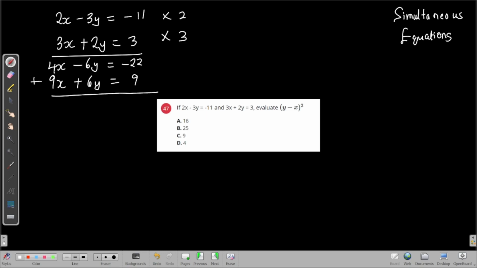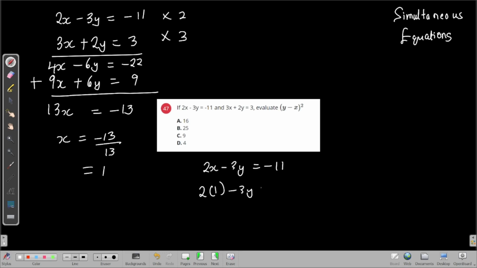Okay, so I add. 13x is equal to minus 13. x is minus 13 over 13, and that's 1. So to find y, 2 times 1 minus 3y